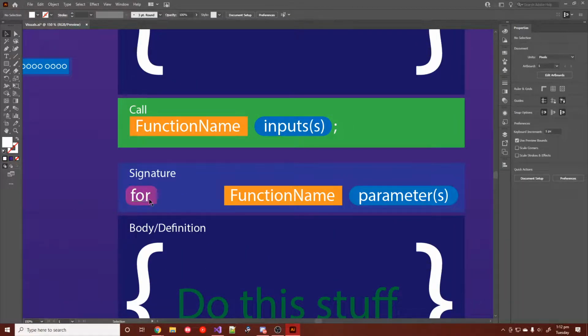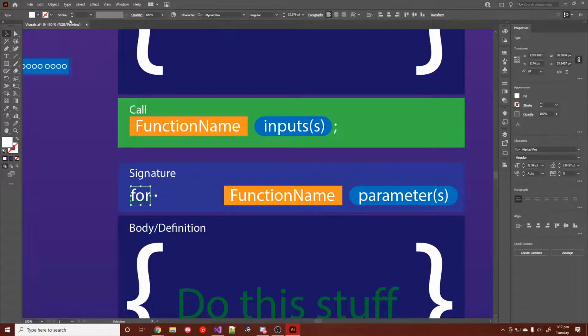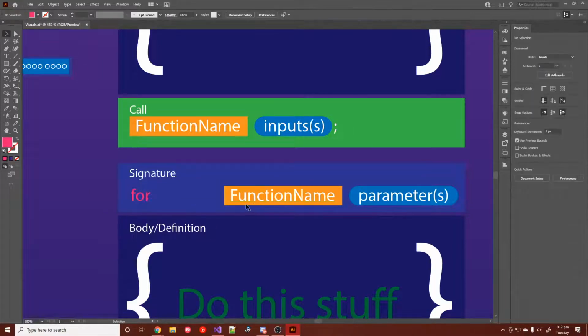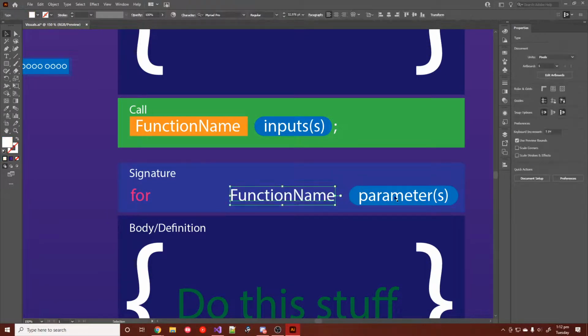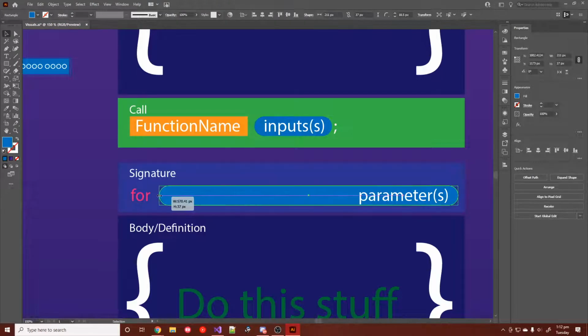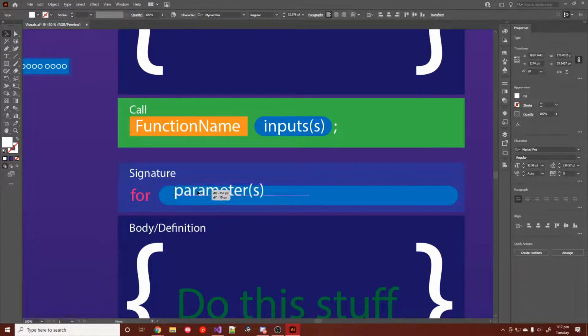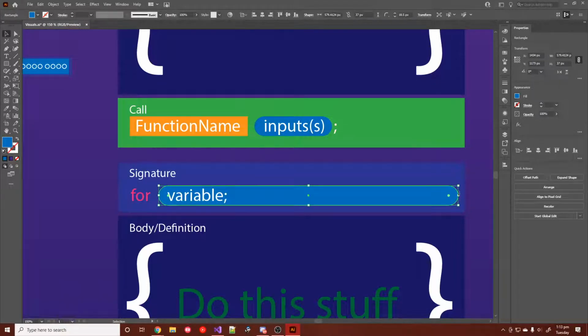It's just the word for. And that's how you first start with a loop. Then you would have your loop parameters, which are first the variable, semicolon,